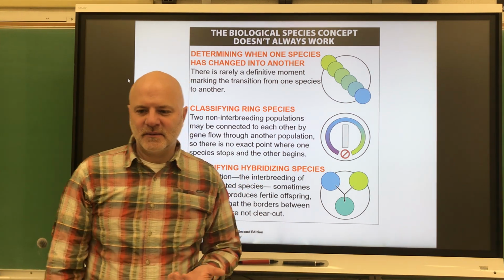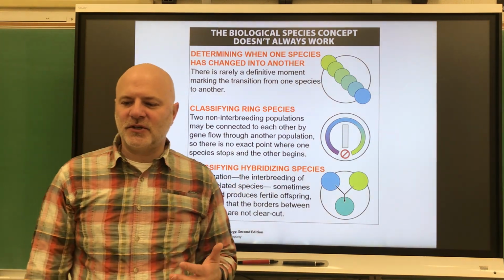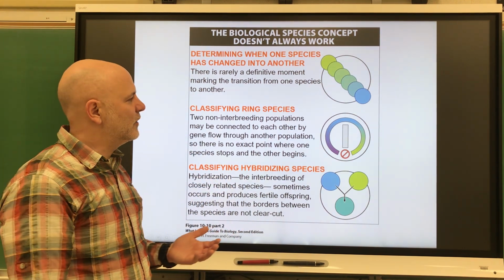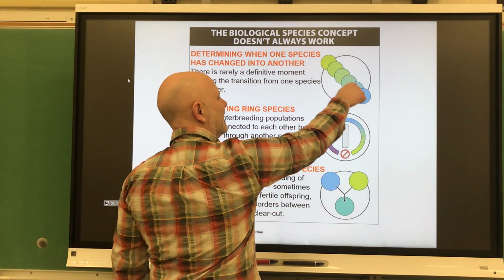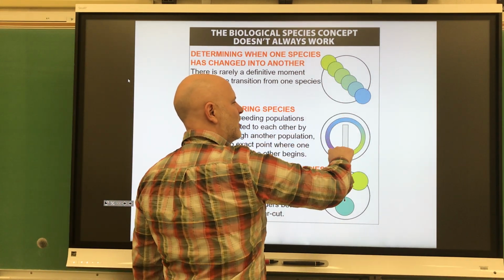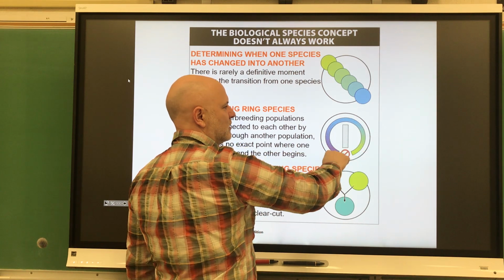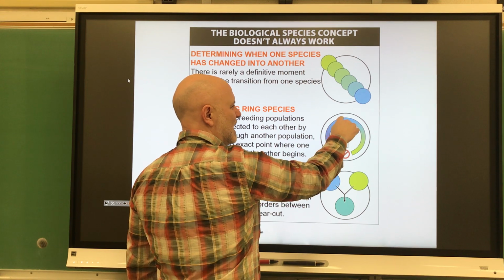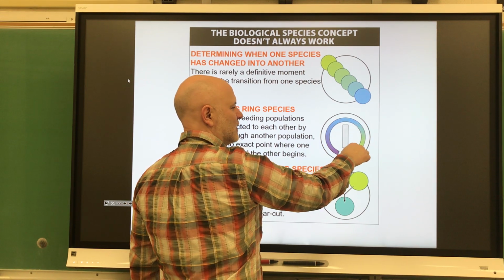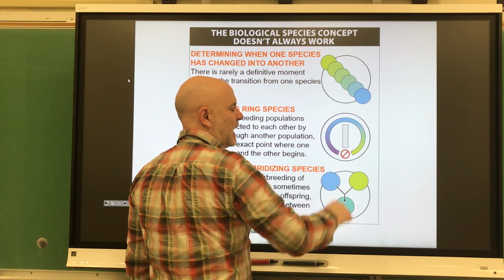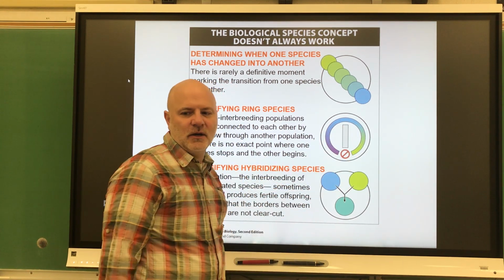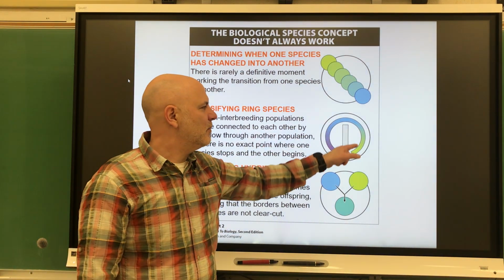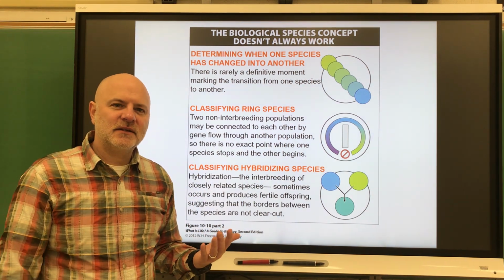Next are ring species. So ring species are a group of populations that interbreed, but the geographic extremes of those populations do not. So just kind of like this, but you look at it, instead of over time, you look at like over a mountain range, right? So this group cannot reproduce with that group, but it can interbreed with the groups that are next to it, which can interbreed with the groups next to it, and so on. If all those were to die out, we would say, oh, these two ends here are obviously different species from each other. But because we have all these intermediates, it makes it difficult to name them as separate species.